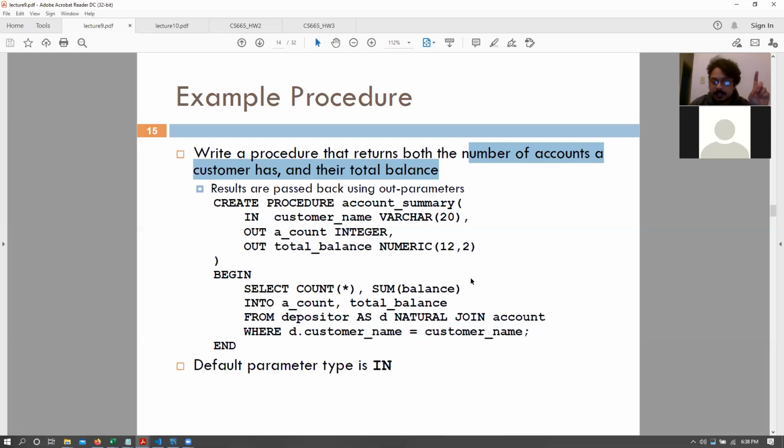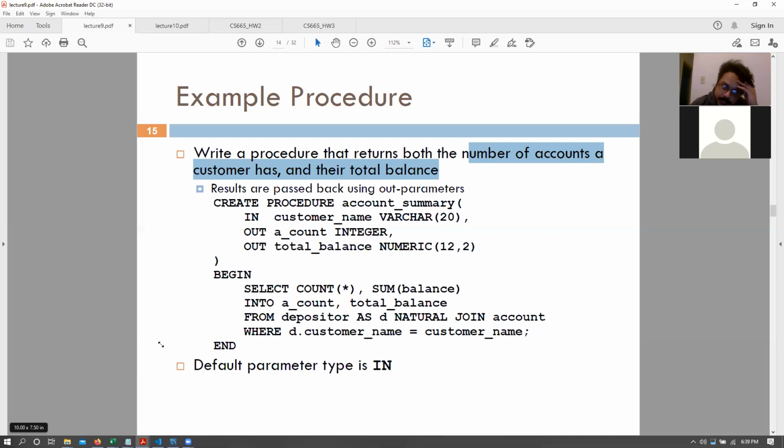Can we do the same thing using a function? Yes or no? Can we return both the number of accounts and the total balance for a customer using a function? No. Any other answers? Let's take a vote.